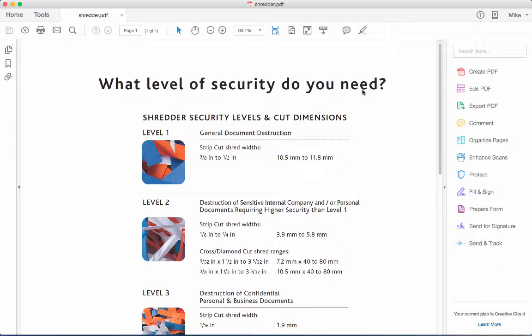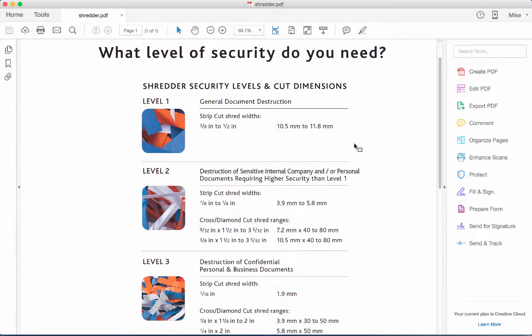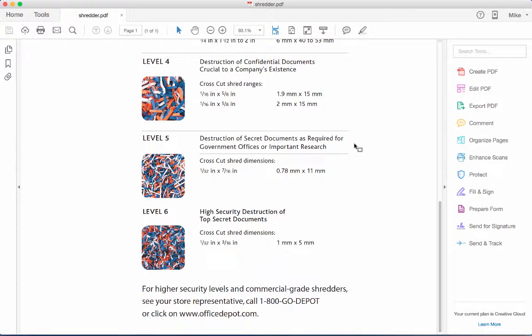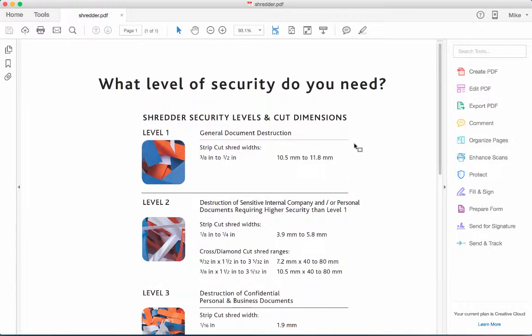This is a short little video about shredders, shredding paper documents. If you're watching this video, chances are you can pretty much just listen to it, and I'll give you basically all the information you need via audio. So the video portion is just showing a document that you can easily find yourself. This document is from Office Depot, and you can probably find it just by Googling Office Depot shredder documents, and we talk about different levels of security that you might want to consider for your office in terms of shredding